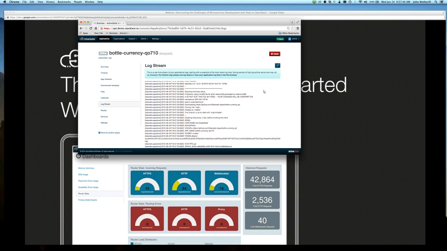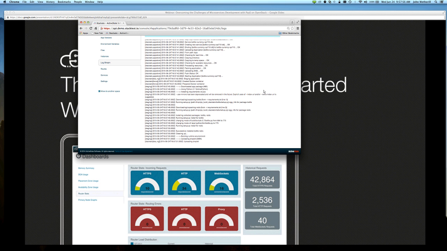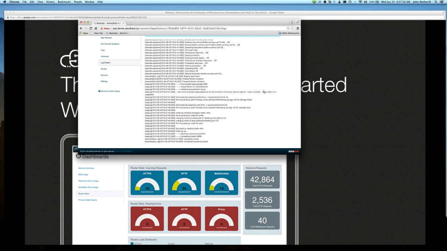This application makes use of Redis, so the PaaS Staccato takes care of wiring up the application to the Redis data service as well. The point here is that this all happens with the click of a few buttons, not only getting your PaaS up in a few minutes, but also your application deployed to the PaaS.